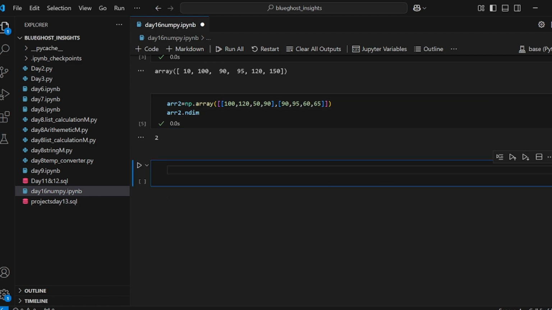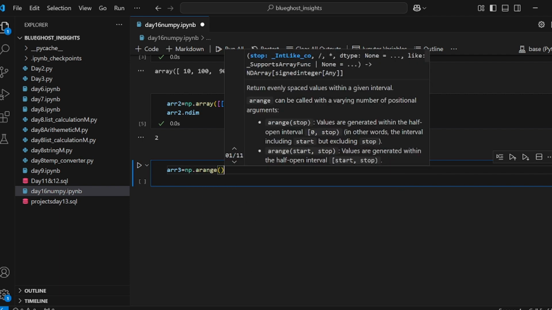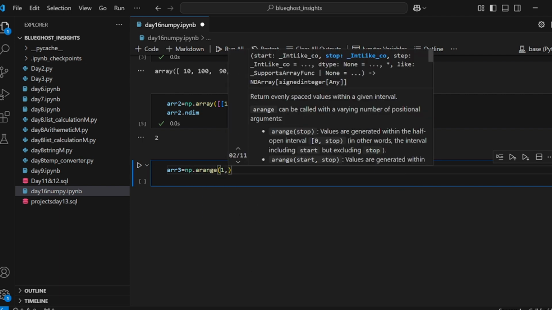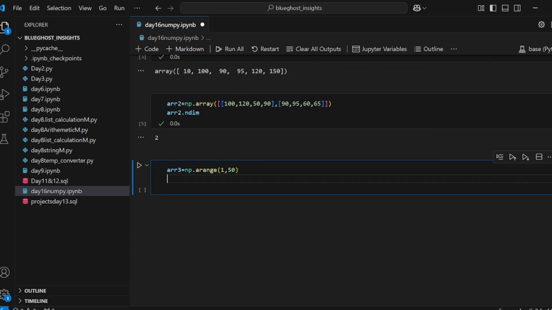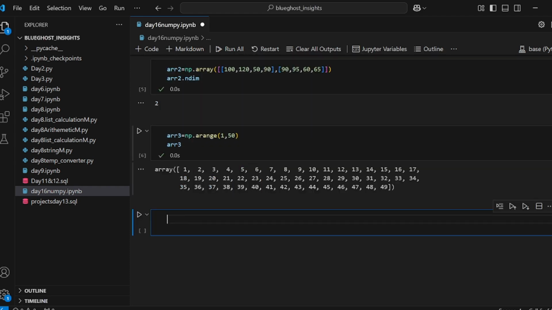So another importance of NumPy is arranging numbers from a certain level to another level, right? So I can say array3 should be np dot arange, and in arange I will have from 1 to 50. Then I'll come here and say array3 and I run this. When I run it, you can see how it looks. It starts from 1 to 50.